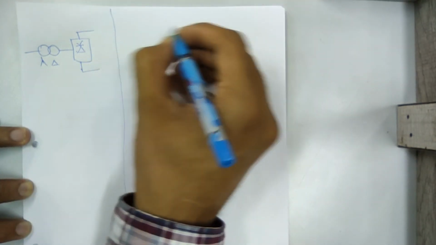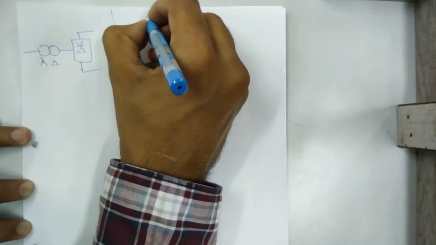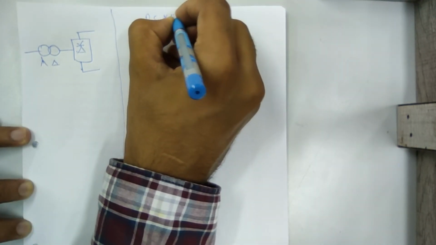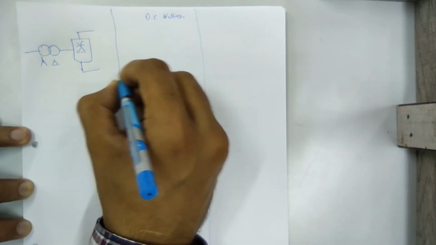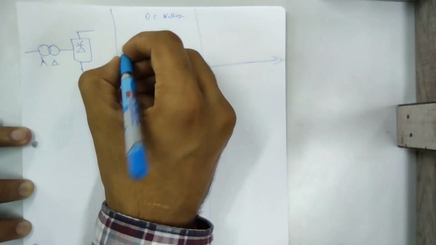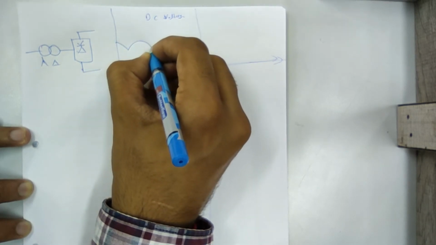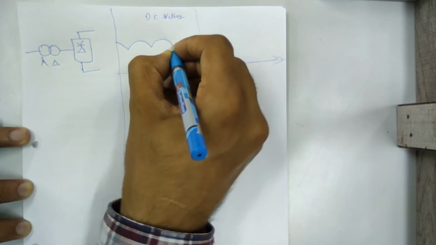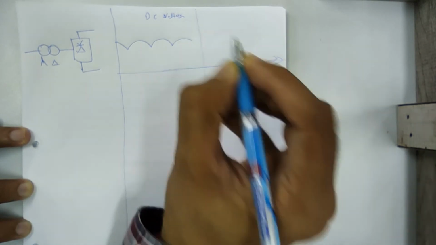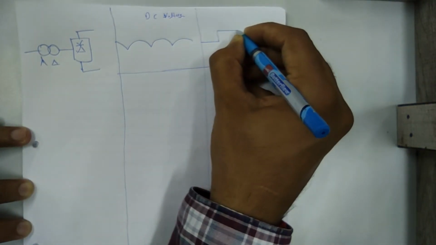Suppose DC voltage, in this case, suppose you get this type of waveform at the DC side,